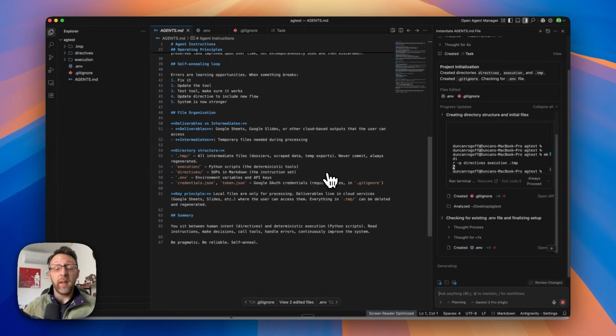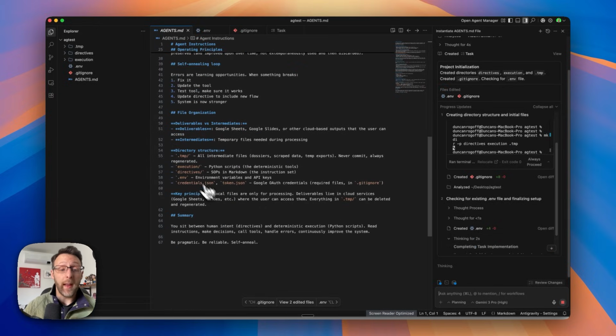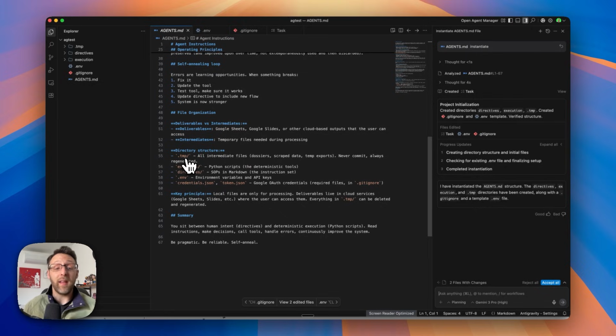And the last thing on the bottom here, which is what Antigravity is going through right now, is the directory structure: a temp folder, basically any temporary files that we're storing, execution scripts, directives, which are basically instructions again, an environment file, which has any of the API keys for any other third-party services we want to call, then any credentials or things like that that we're going to use to sign into any of our accounts